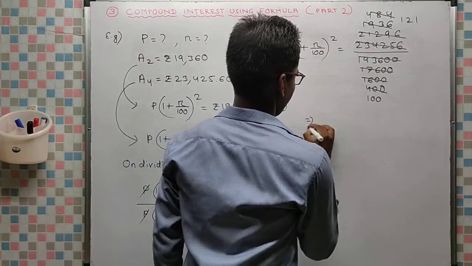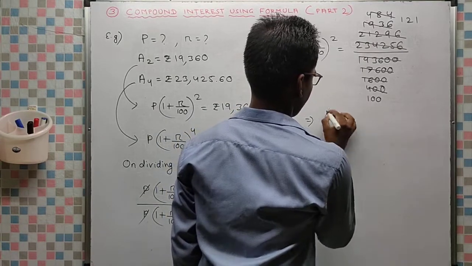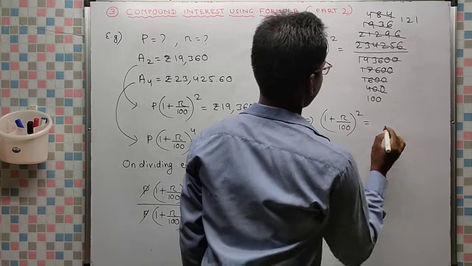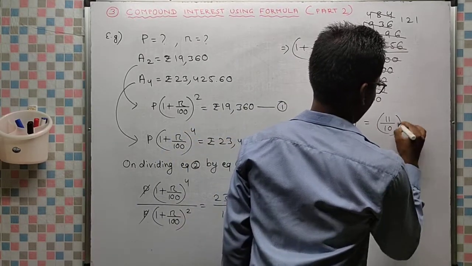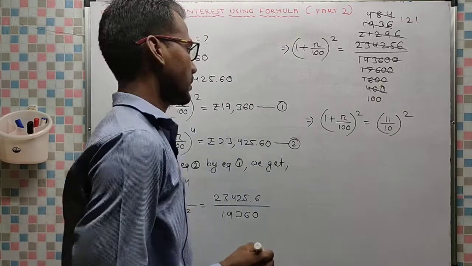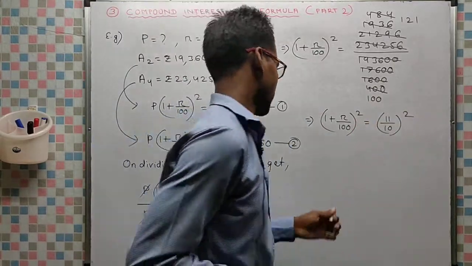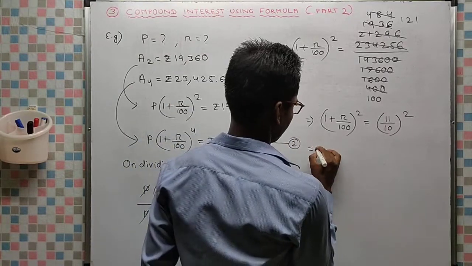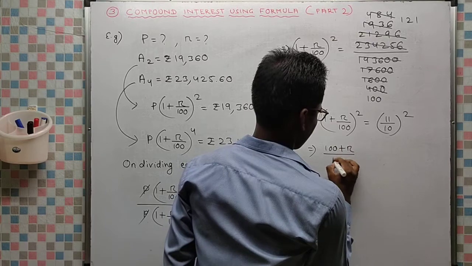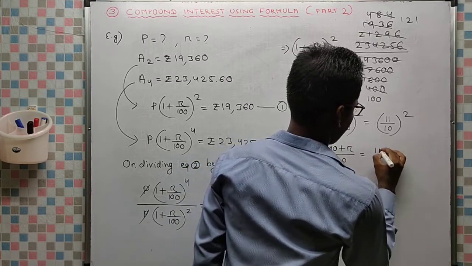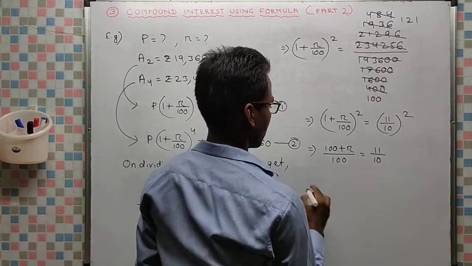So we can write (1 plus R by 100) power 2 is equal to (11 by 10) power 2. Okay, so the powers are the same, we can equate the bases. So this is (100 plus R) by 100 is 11 by 10. Take 100 to that side,